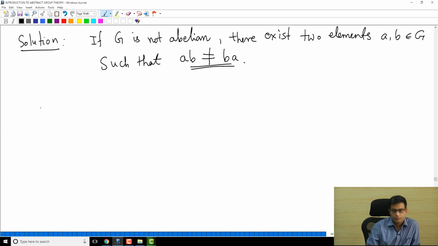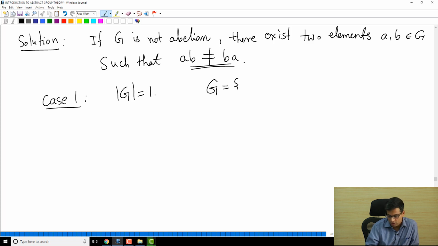So, we are going to consider 5 cases. We note that a group is a non-empty set, because a group has to contain the identity element, that is one of the properties of a group. So, a group has at least one element. In our problem, we have to show that any group which has less than or equal to 5 elements is abelian. So, we will consider cases. The first case: order of G is 1. If the order is 1, that means there is exactly one element in G, and every group must contain the identity element. So, it must be E, and this is certainly abelian. Why?